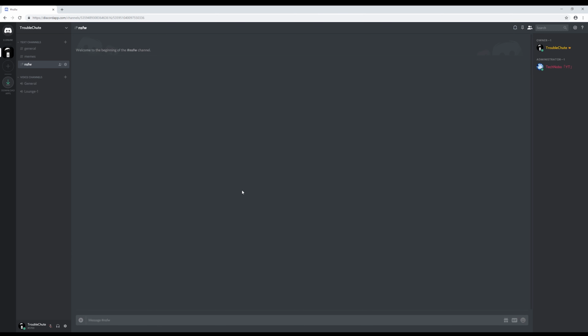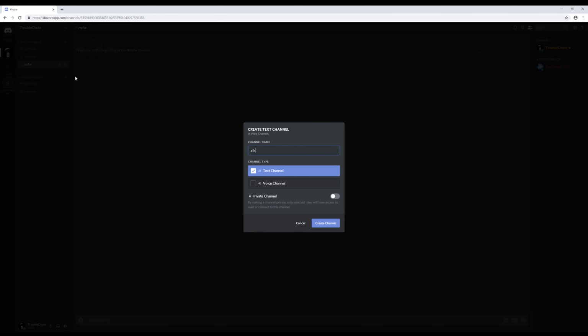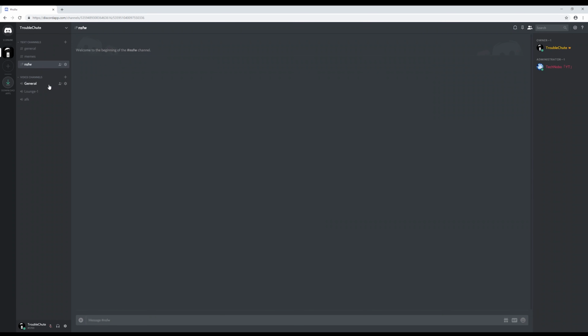Next, we'll go ahead and create an AFK Voice channel. If people go away for a long time and don't talk, they'll be moved to it automatically. Hit the plus next to voice channels, and we'll name it AFK, away from keyboard. Voice channel, create. In order to make inactive users be moved to this spot, we need to head to the